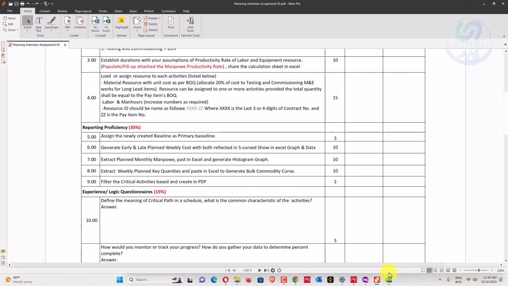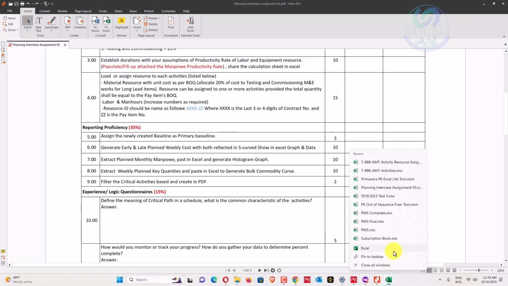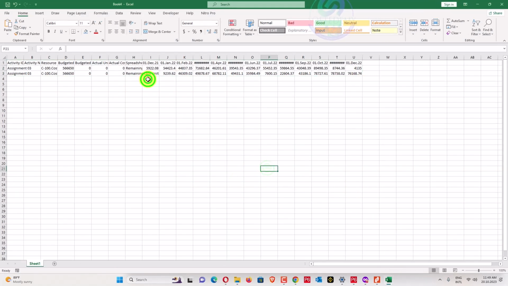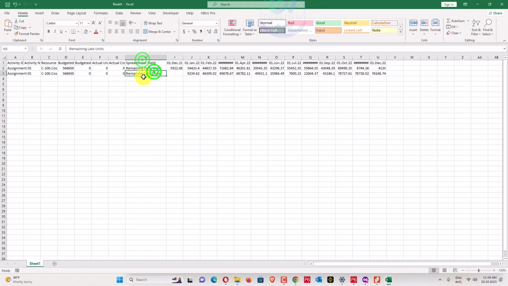So I can just go to the Excel new sheet and paste this. Now I can make a cumulative for that, a cumulative early units.